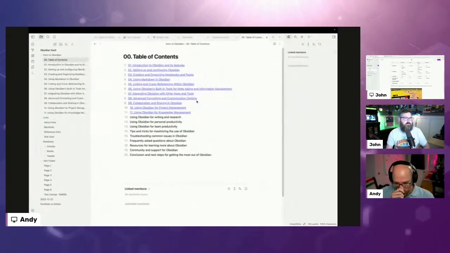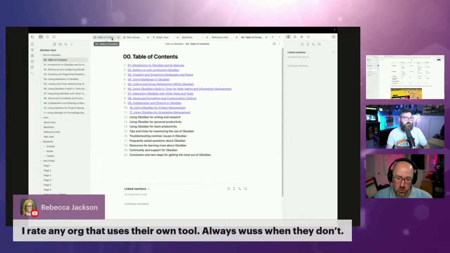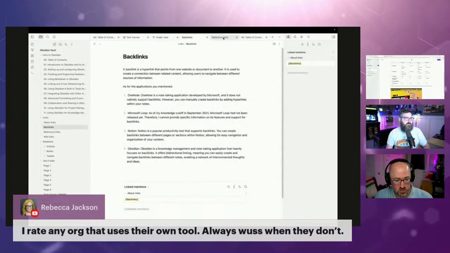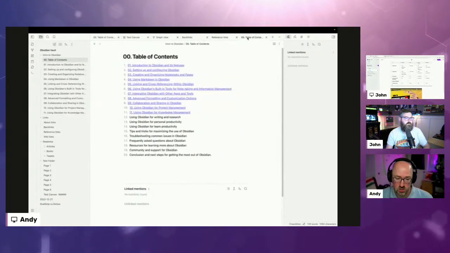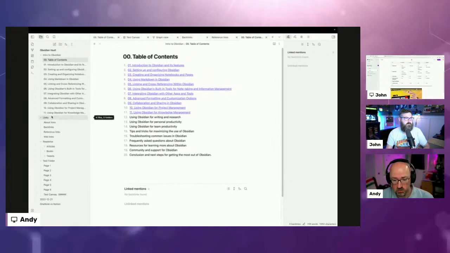So, if you haven't seen it, this is Obsidian. I'm able to go across multiple pages along the top, which is really cool. I really like that. So it makes it easy for me to kind of reference one thing and go work on something else. I have the ability to open the panels along the side. And we're going to talk more about this in just a little bit. This is my overall vault here.